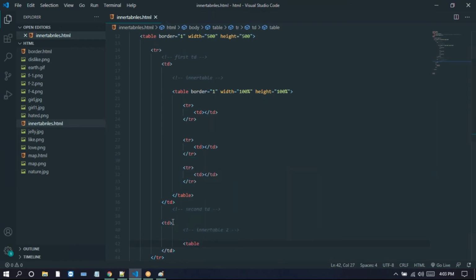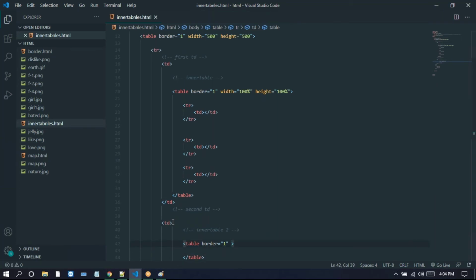We need to occupy this TD with the full width. So here we mention width equal to 100% and height equal to 100%.